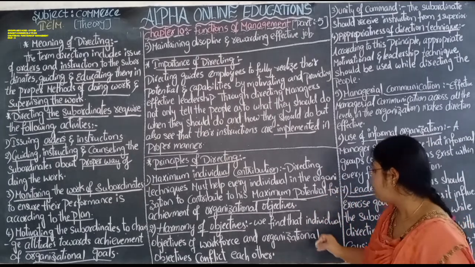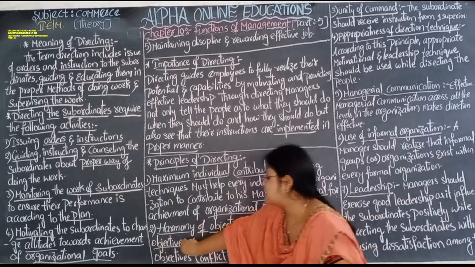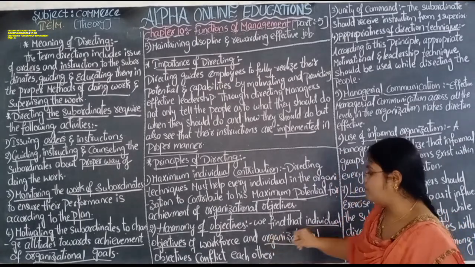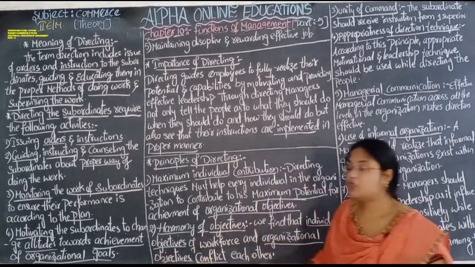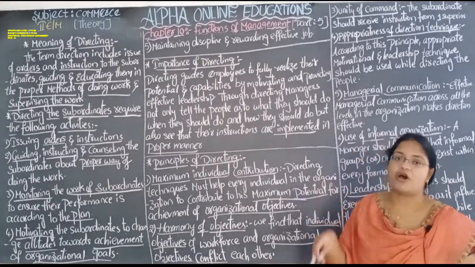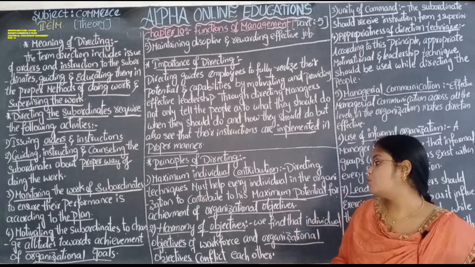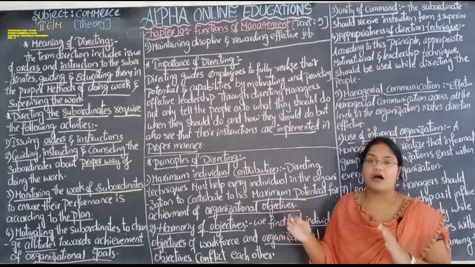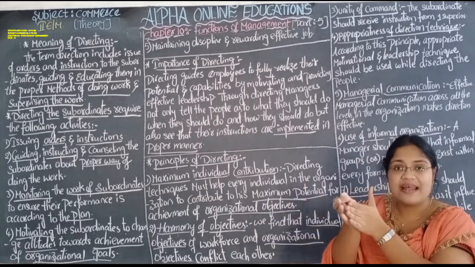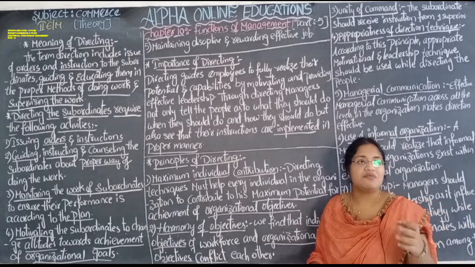We find that individual objectives, one person's individual objectives, and organizational objectives are different. There is a variation between these two, between the organizational objectives and the individual objectives. So when these two objectives interact, at that time there is a conflict. Just how it will be like